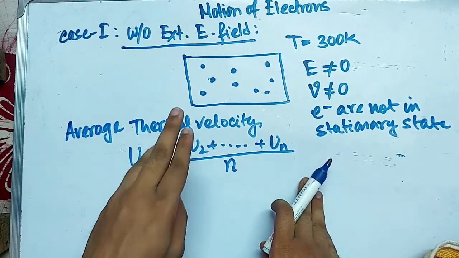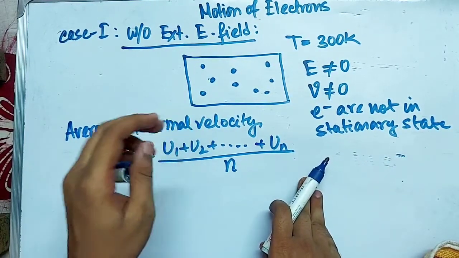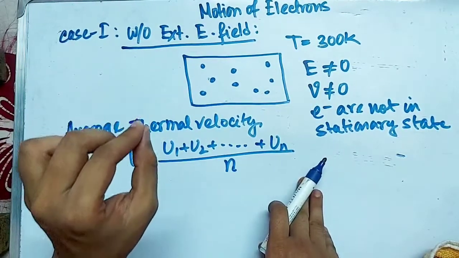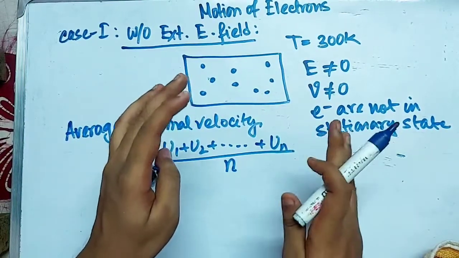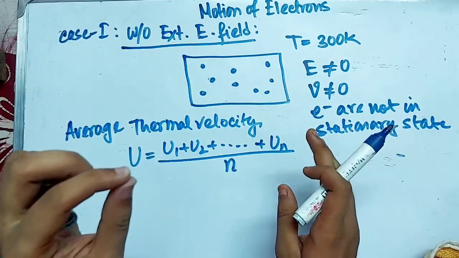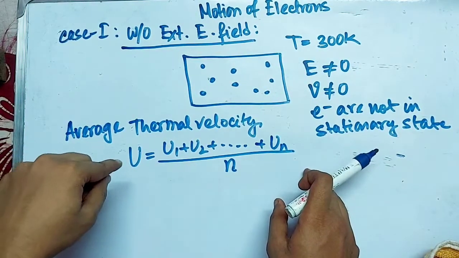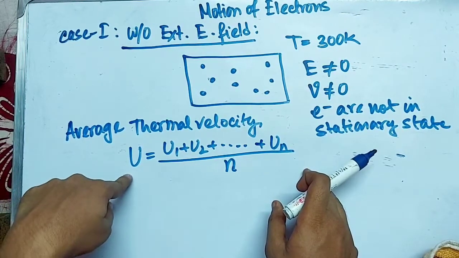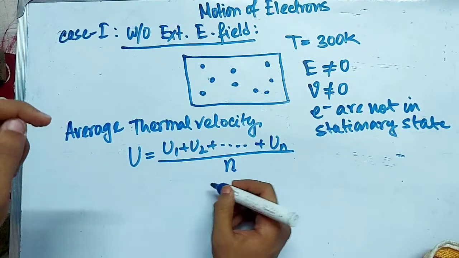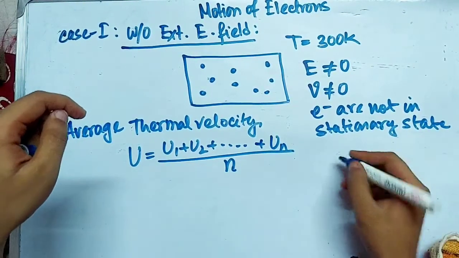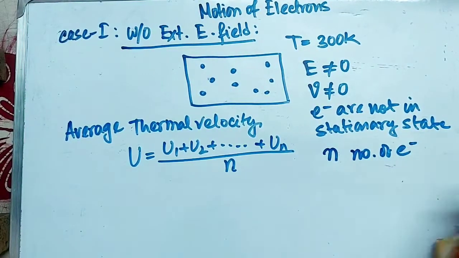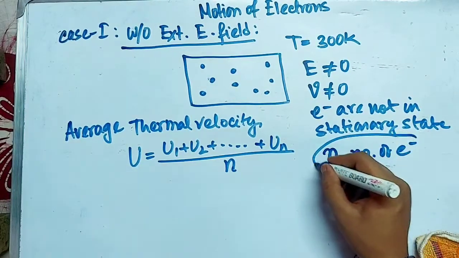How is current produced? An electron is moving from one place to another place, and that produces a current. So as we know in our practical world, if we don't apply any external electric field, then the material doesn't produce any current. Then we know that this average thermal velocity should be 0. That means if we have n number of electrons within this material,